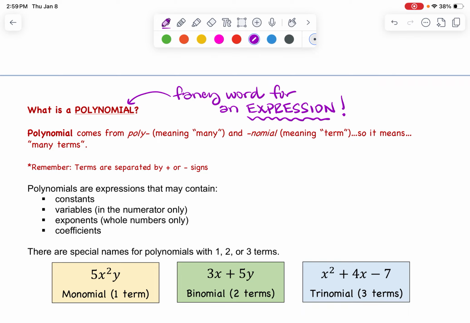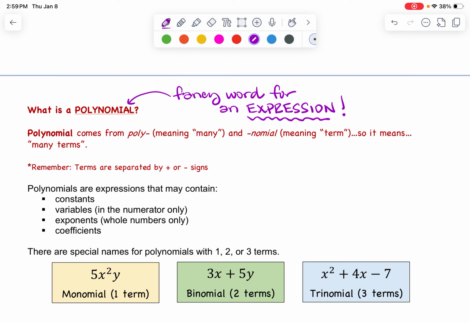It's very much Latin, right? Poly meaning many and nomial meaning names or terms. So it really just means many names or many terms. So it's not that big of a deal. We just want to introduce you to this lingo because we'll start using this terminology a lot in later units,